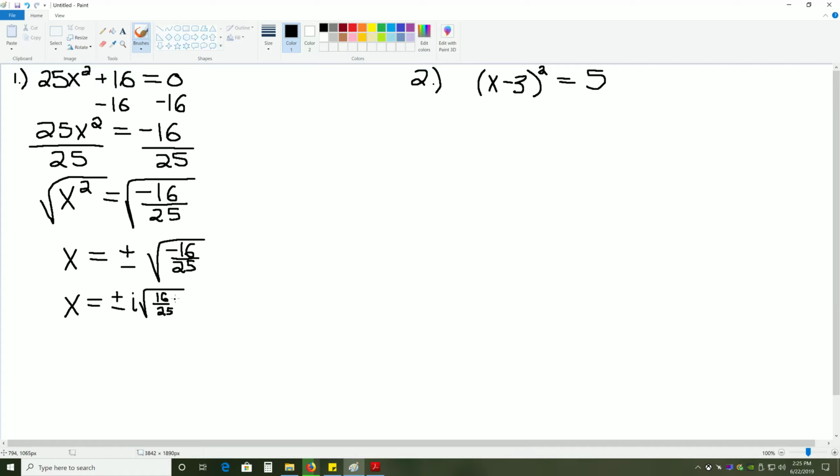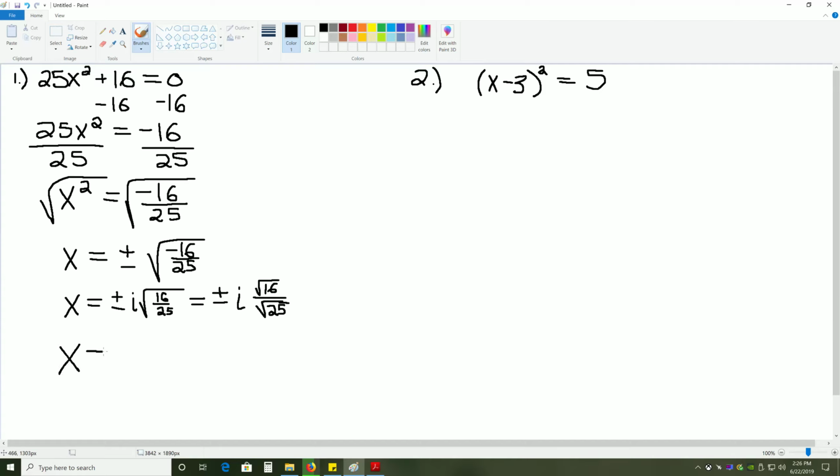And finally, we'll break up this square root in order to simplify it. We get plus or minus i times the square root of 16 over the square root of 25. Always remember, if you have a square root with a fraction inside of it, you can put the square root over the top and the bottom,